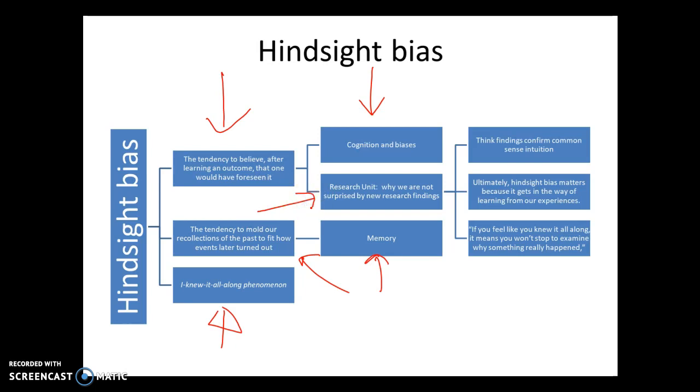And this is pretty important because on numerous FRQs where the hindsight bias has appeared, and I think it's appeared 1 or 2 times, it's usually connected to research. Now, you have to read the context of the question. But one of the reasons why hindsight bias appears in research units is that they're trying to get you to see what happens to the research we hear when we engage in the hindsight bias, which is a tendency.